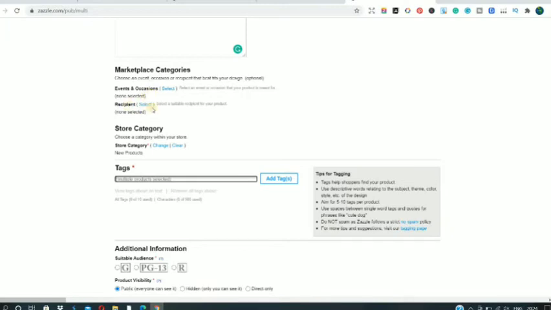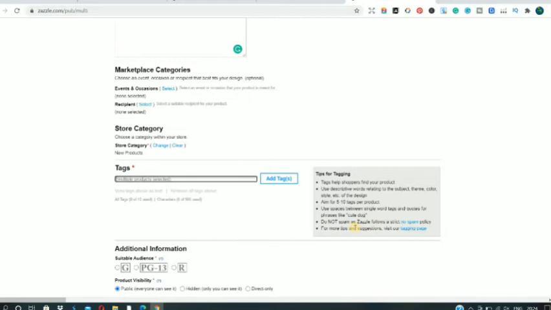If you have a design related to that particular event, that particular recipient, do that here only. Don't use the tag section for that, and use the tag section instead for tags especially relevant to your design. So 5 to 10 tags per product. Use spaces between single word tags and quotes for phrases like "cute dog". Do not spam, as Jazzle follows a strict no spam policy. Guys, don't spam the tags.